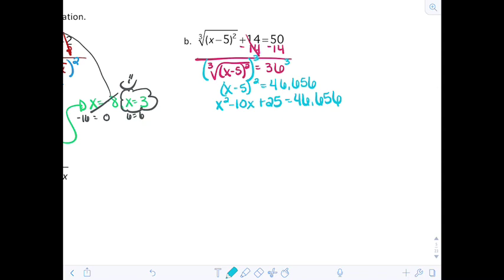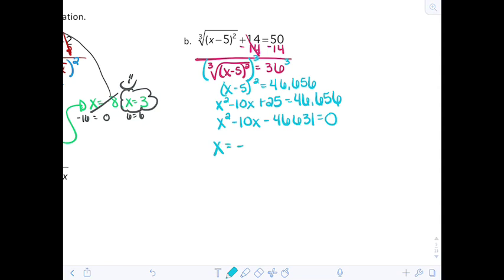Okay, and then I'm going to take 25 minus 46,656, and set that equal to 0. x squared minus 10x minus 46,631 is equal to 0. So this does not look like it would be factorable, so we're going to go ahead and use the quadratic